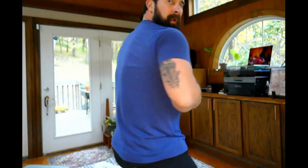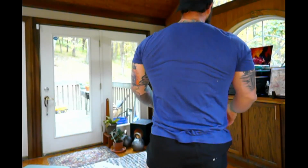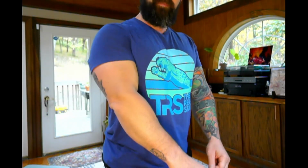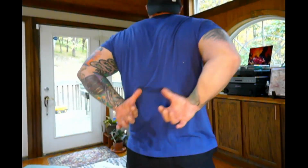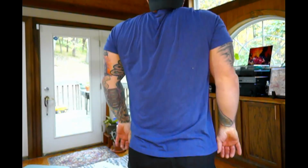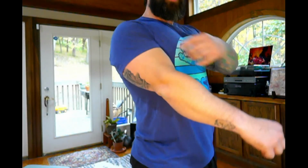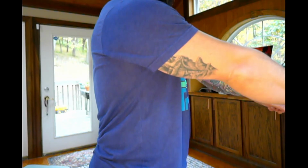All right, so for swings, I rarely feel it up here in my back, okay? A lot of people think you're doing spinal erectors to come up. I'm actually using my lats a lot, locked down, you can see that, all the way down here. Locked down when I'm swinging, okay? And that's what's keeping my shoulder set. So even if my shoulders go slightly forward, okay, they're still being